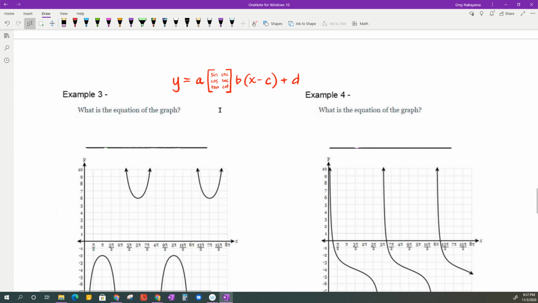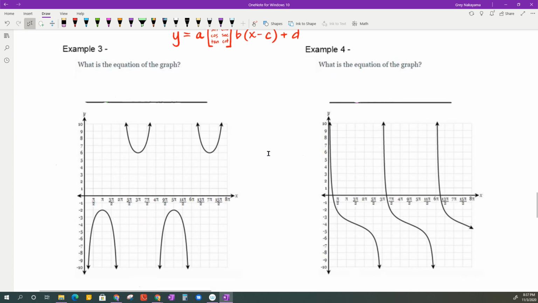You've got to go find the A, B, C, and D of it to write the equation. All right, so when you're looking at your graphs, the first thing to do is determine what trig function you have. If it looks like this, you should have narrowed it down to two of them. That would be either the secant